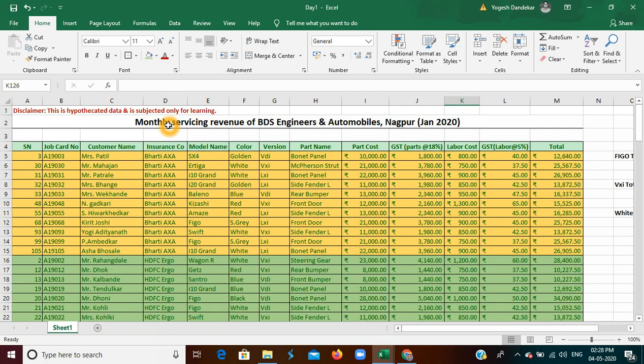In this database, there are a number of columns and rows. It is almost entries of 104 or 107 customers who brought their cars for repairs under insurance at this company. This is the name of the company.